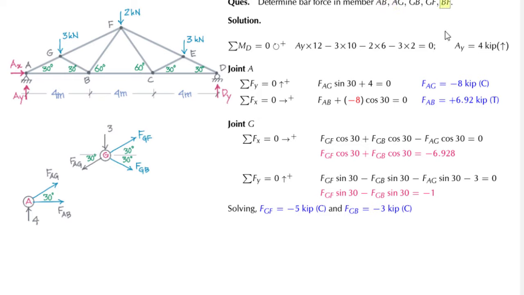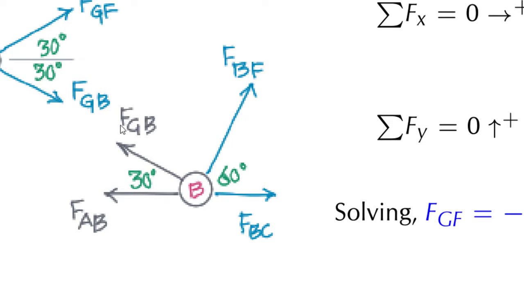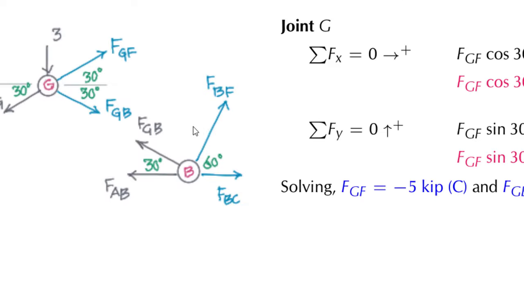Now we have to find the value of FBF. For that you should take the free body diagram of point B. So that is point B. Actually I want you to find the value of FBF alone. I'm providing you some hints. At first, as you can see, FBF and FGB are inclined forces. So definitely you should divide FBF and FGB into components. So what will the components be? The horizontal component of FBF will be in this direction and the vertical component in the upper direction. And for FGB, the horizontal component will be to the left side and the vertical component will be in the upper side.